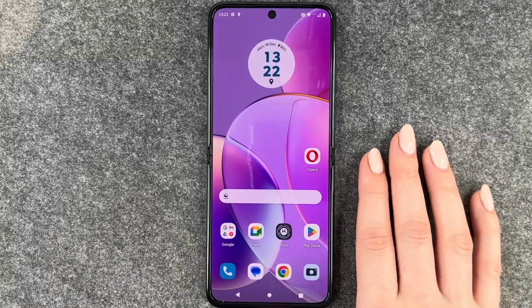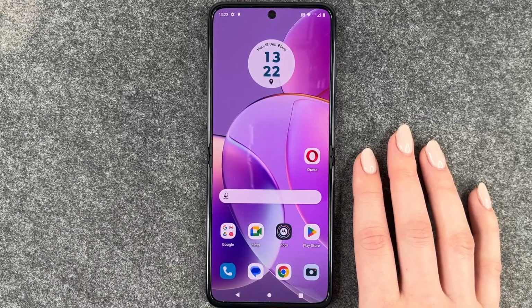Hi buddies, welcome back. Today I want to show you how you can download apps on your Motorola Razr 4D,